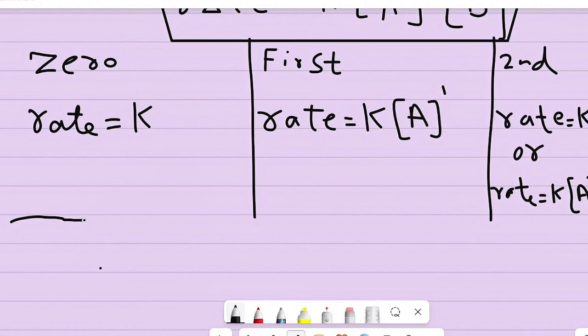These kinds of questions have either 3 or 4 marks. Or you need to write down the rate equation for a reaction, and they already give you an idea whether it is going to be first order or second order. You just need to write down the rate equation, and mostly these kinds of questions have only 1 mark. Remember, always be careful about explaining the zero order, first order and second order.